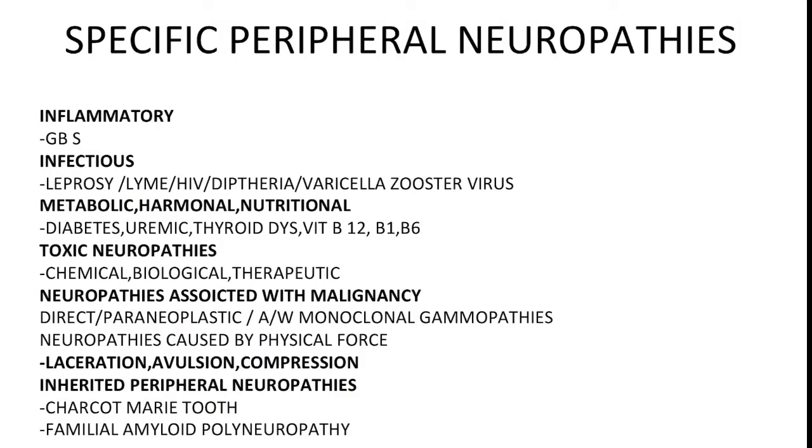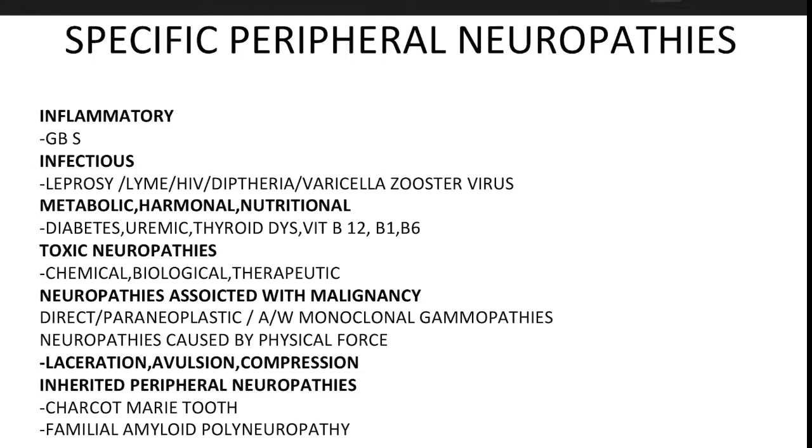So these are the specific peripheral neuropathies. Out of these, some are very important. Like B12 deficiency and diabetes, which are very common. In case of infection, there is leprosy, Lyme's, and HIV. In inflammatory cases, GBS, that is Guillain-Barré syndrome, is divided into acute and chronic polyradiculopathies. In toxic, like in recent years, drugs for diabetes and drugs for cancer can also cause toxic neuropathies.